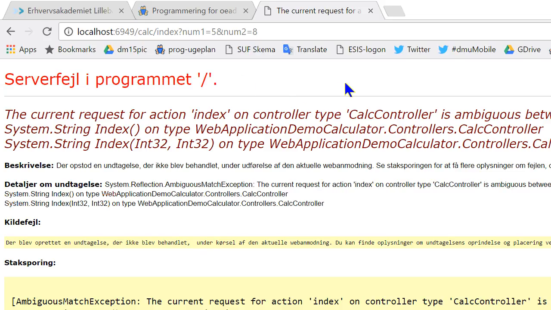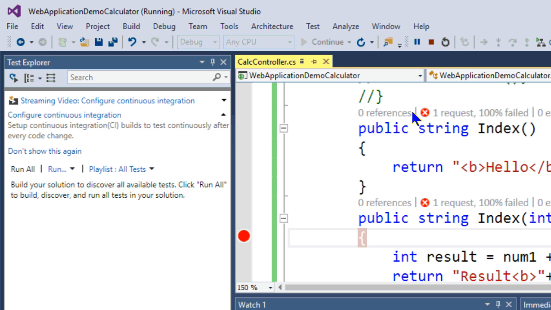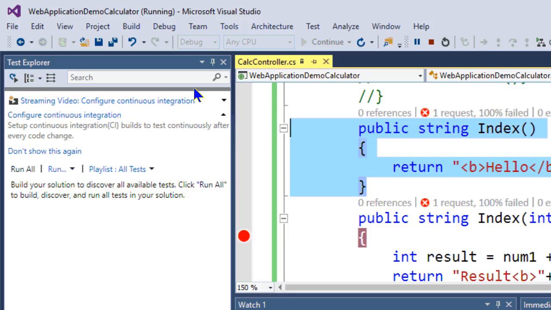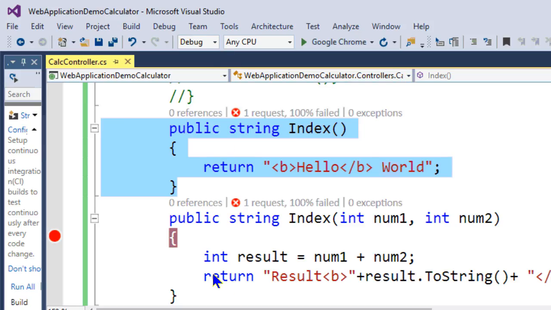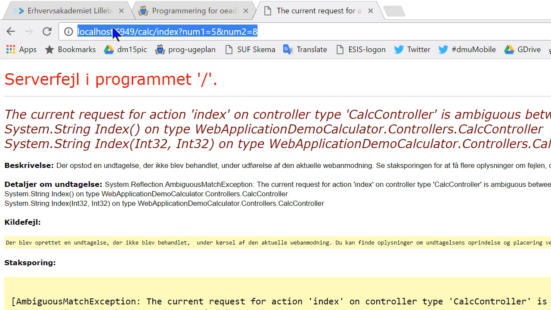Still ambiguous between the following index type, and the index should, well, strange. Let's have a look. So it should actually work. I just cut out this one in the first place. Oh yeah, of course. So the problem is that it's trying to use the